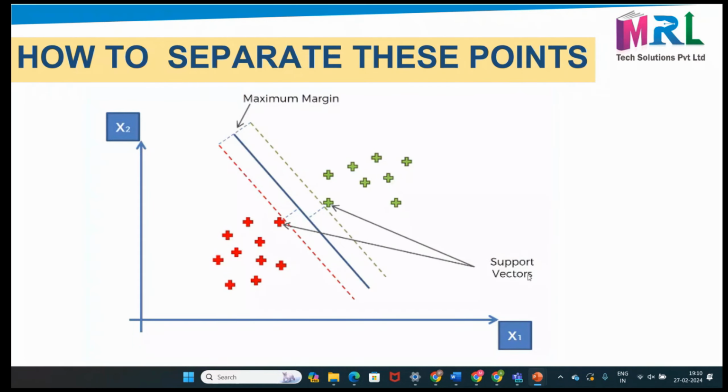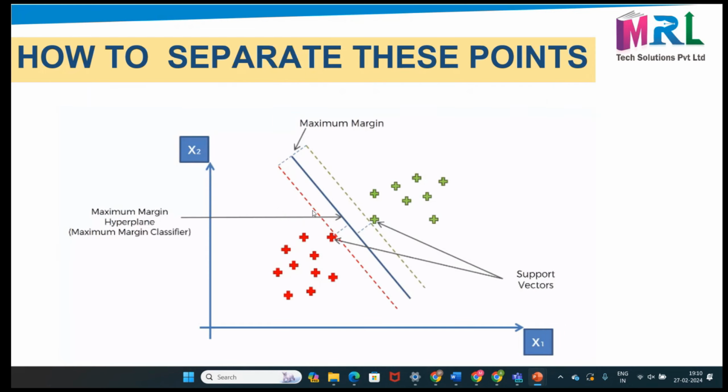These are called support vectors. SVM means support vector machine. These two points are called support vectors because they represent the extreme points of the classification. So our aim is to find out